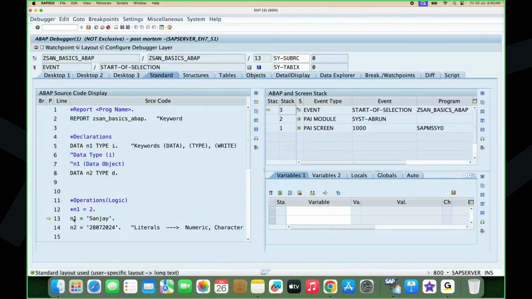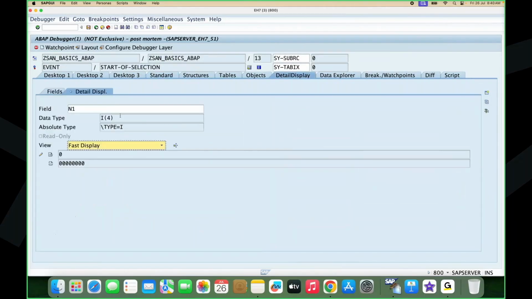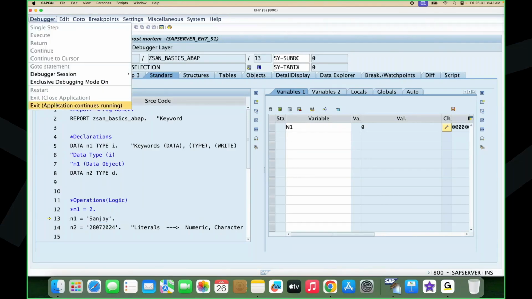So you can see what the n1 data type is. n1 is a data object of type integer, and it will take only integer values. But what you are passing is character values. So that's the reason the system is unable to process your request, and it has entered an error state. Once you understand what the issue is, you can exit this debugger,